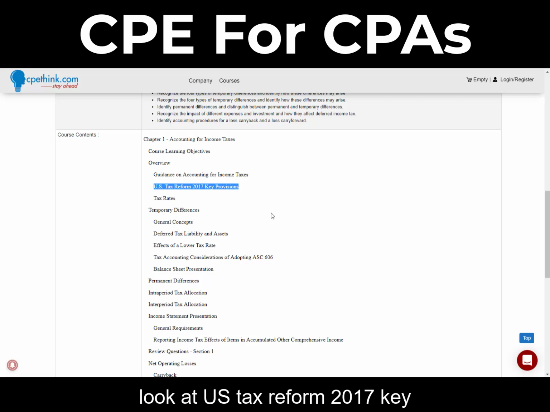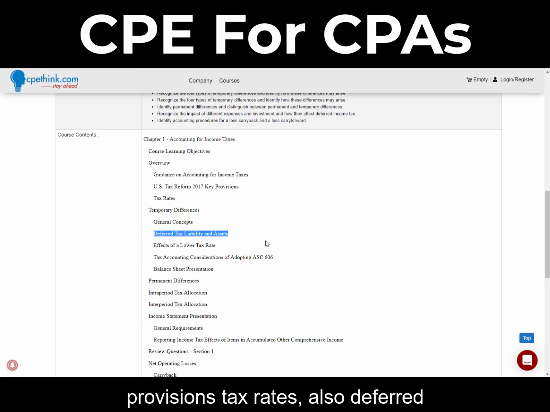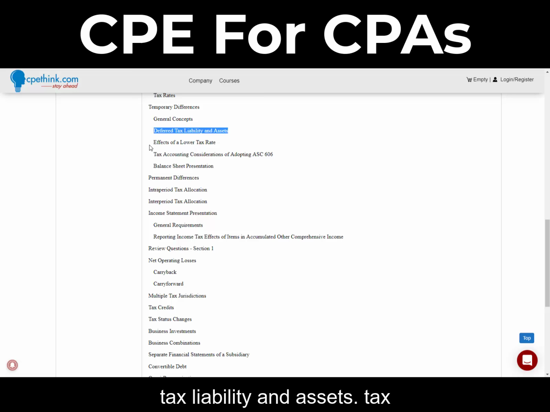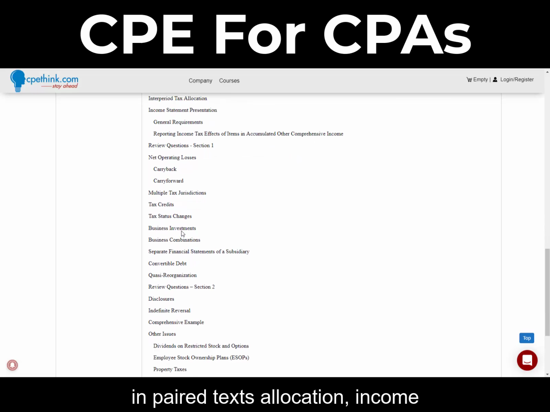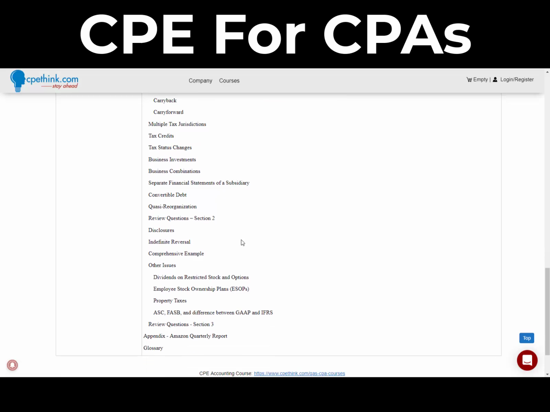We'll look at U.S. tax reform 2017 key provisions, tax rates, also deferred tax liability and assets, tax accounting considerations of adopting ASC 606, balance sheet presentation, permanent differences, intraperiod tax allocation, income statement presentation, carryback, carryforward, net operating losses, multiple tax jurisdictions, tax credits, tax status changes, investments, combinations, separate financial